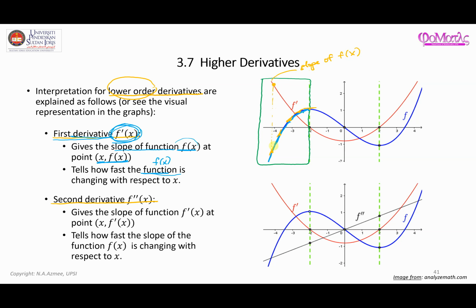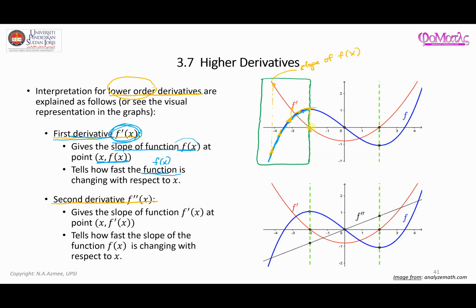So you can see that the slope here is very steep, which is the steepest. So the value here is the highest. It is a positive value because the slope is a positive slope. Okay. Now at this point here, this is the value of the slope. It gets lower a bit, and you can see that at this point here,